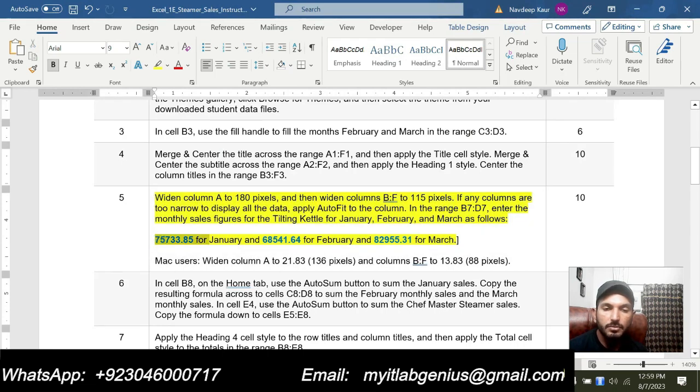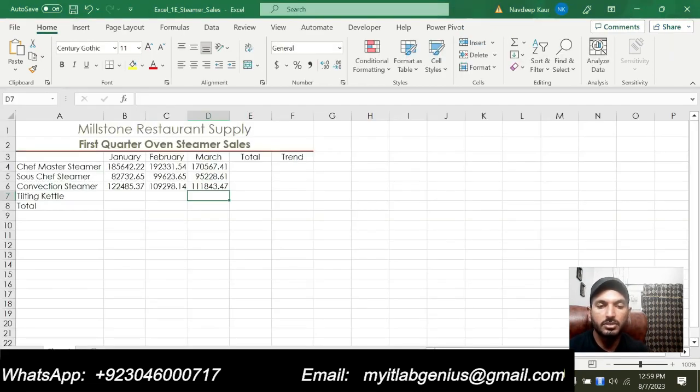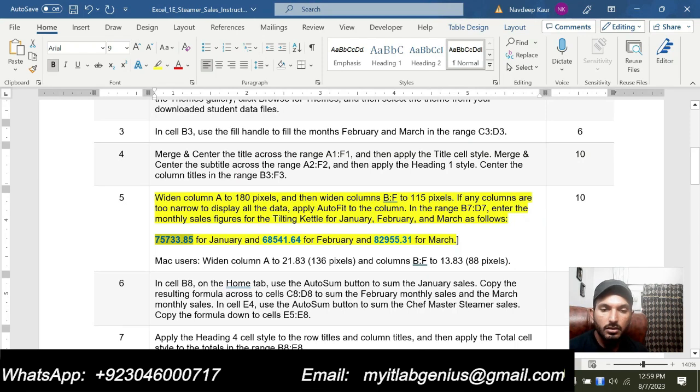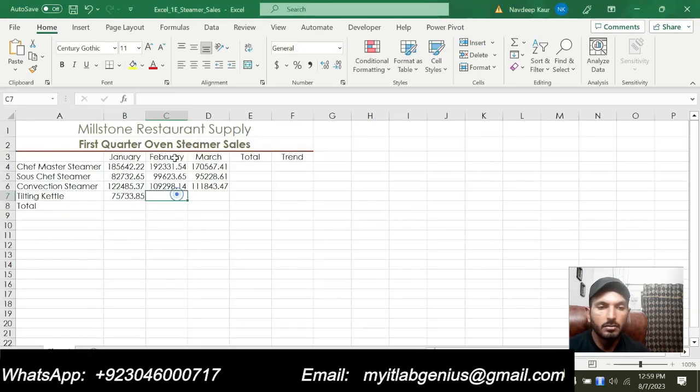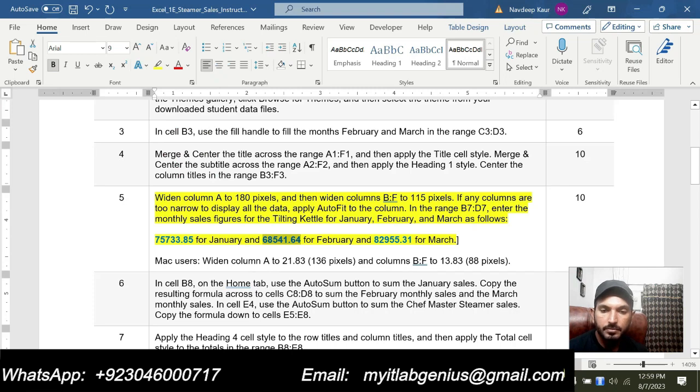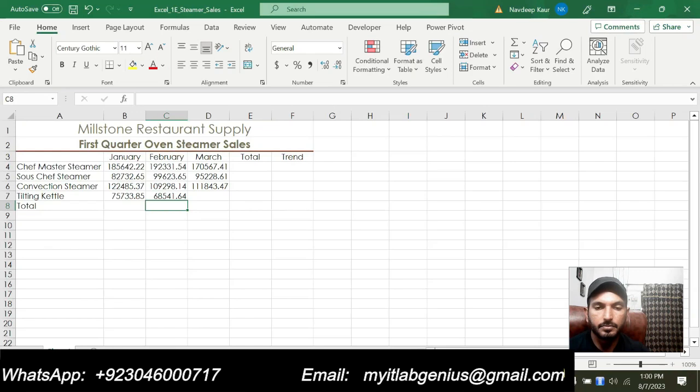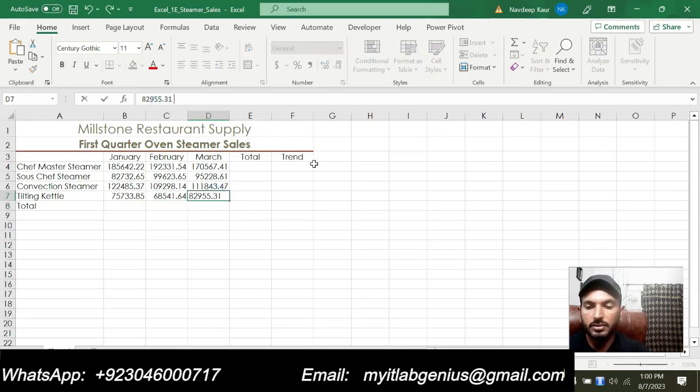So I will copy this one, and this is for D7. Now I will copy the value for D7, and then the last one will be D7, this one.